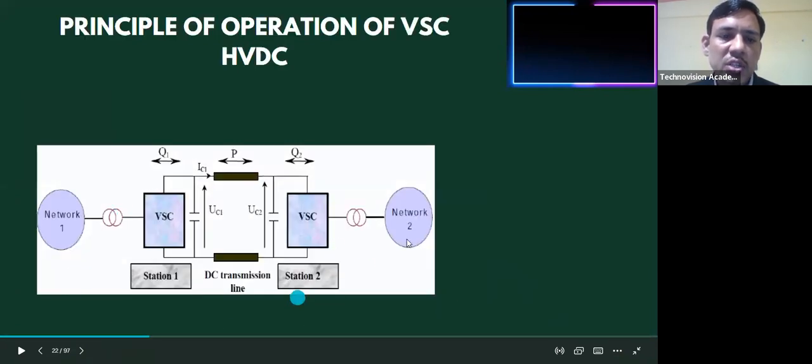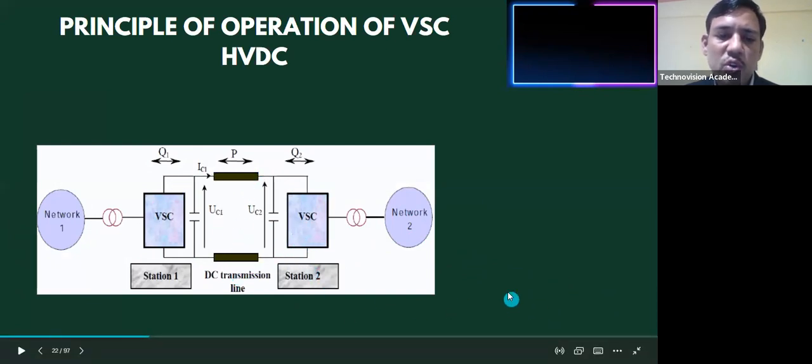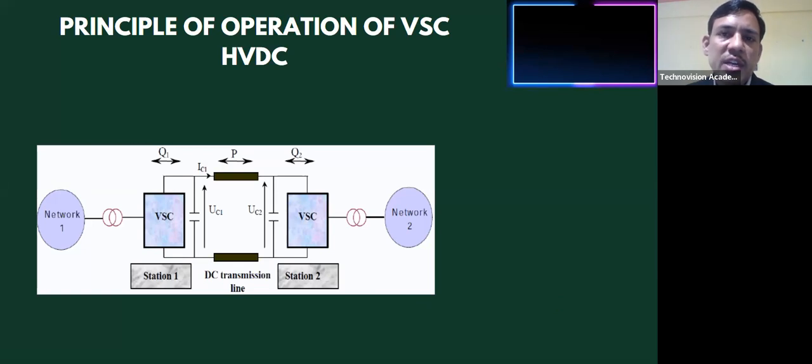So this is a general typical structure of the voltage source converter technology. AC system 1 and AC system 2 are connected through the VSC HVDC, voltage source converter based HVDC. And there is an overhead transmission line used, but we can go for cables, and specifically for the voltage source converter based HVDC, where DC breakers are not used. There we generally have to go for the HVDC cables,